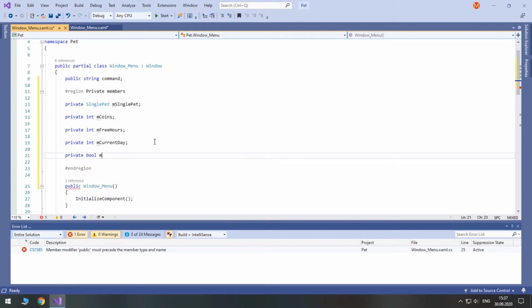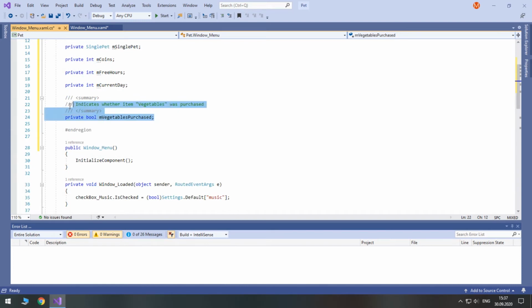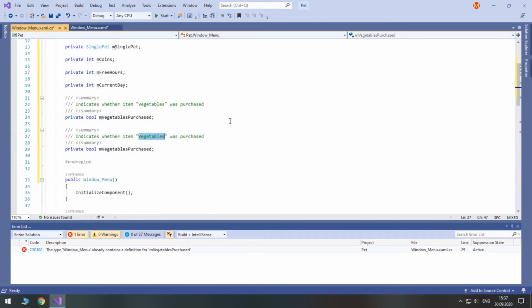So if they were purchased, m vegetables purchased. Let's give it a summary. Indicates whether item vegetables was purchased. Okay, and we will have another variable for the big bone, so indicates whether item big bone was purchased.